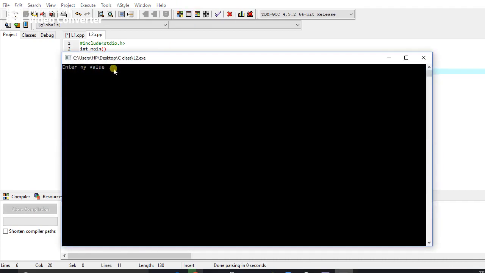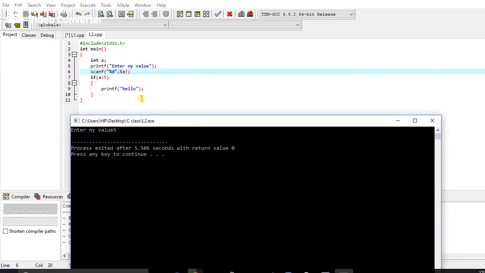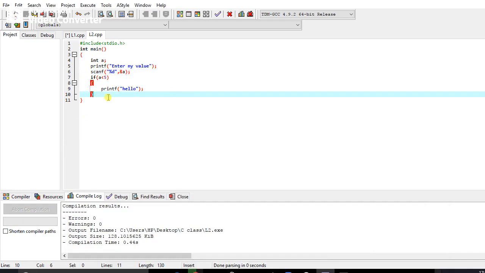Enter any value. Our value is 5. Nothing, because our value is 5 and the condition is a is less than 5. So the condition is false. That's why control can't go inside the body, so it can't write anything.